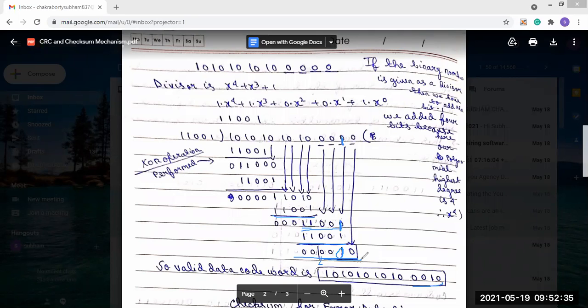हम लोग जो डिवीजन लिए थे उसका हाईएस्ट डिग्री 4 था, इसलिए हम 4 रिडंडेंट बिट लिए। बट ऐसे भी हो सकते हैं कि एग्जाम में सिर्फ नॉर्मल डिवीजन बाइनरी फॉर्म में दे दिए, तो तुमको इसको रिवर्स करके पॉलिनोमियल का हाईएस्ट डिग्री ढूंढना होगा, और उतना रिडंडेंट बिट ऐड करना है। उस जगह में तुम फर्स्ट 0 से इनिशियलाइज करोगे।